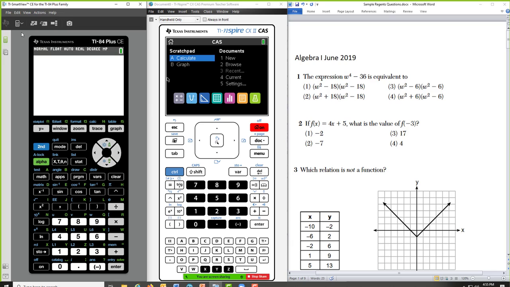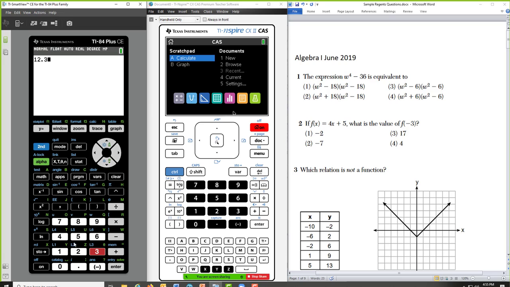Let's dive right in. I took questions from various exams. Algebra 1, June 2019. Question 1, the expression w to the fourth minus 36 is equivalent to. Anytime my students sat for the exam, the first thing I would have them do is type in an arbitrary value, non-integer.